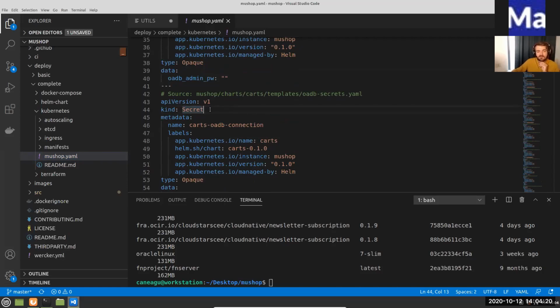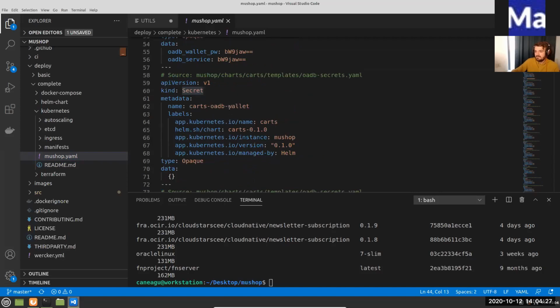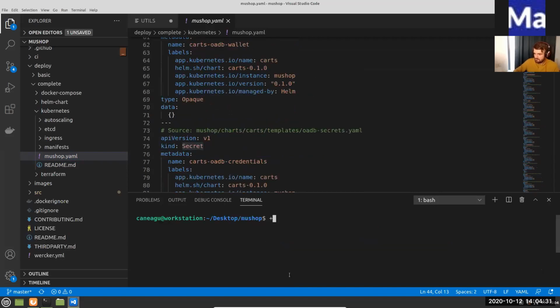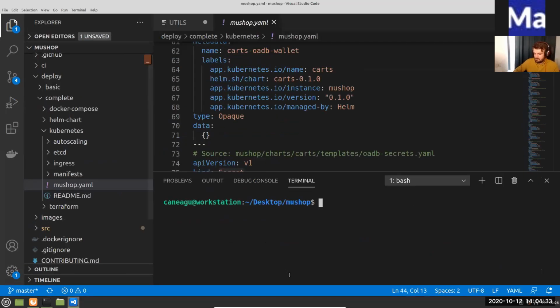This is regarding the configuration variables of your application, and this is why you would create a secret. And yeah, let's take a look at our cluster, for example. Let me scroll in a little bit. Okay. So in order to interact with Kubernetes, you're using this tool, kubectl, and again, part of the documentation is how you create the configuration file for kubectl. That's very easy because it's handled by the OCI CLI tool.